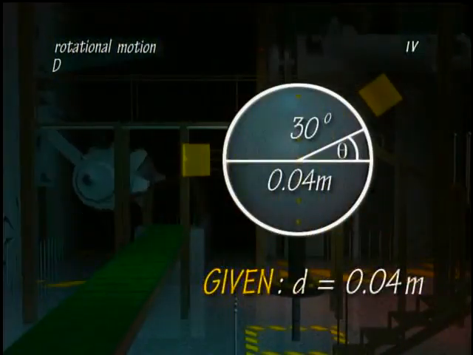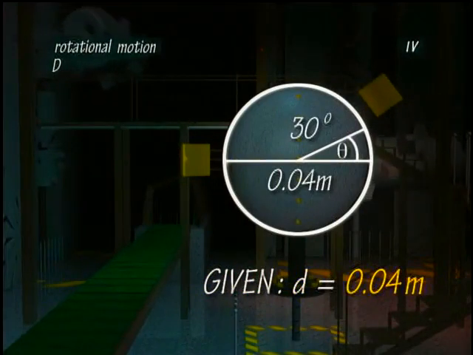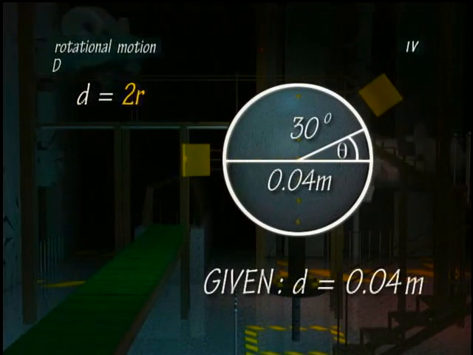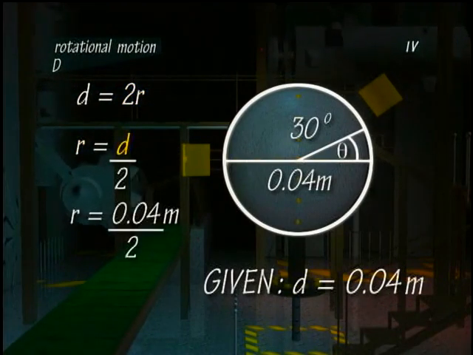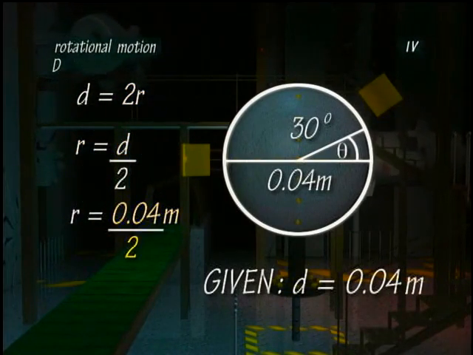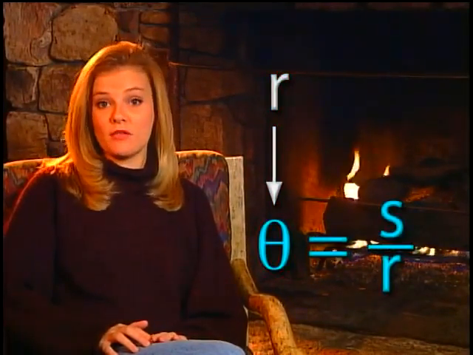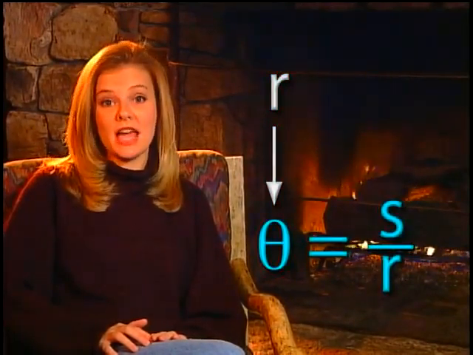We were given the diameter d of the circle as 0.04 meters. Well, the diameter of a circle is twice the radius. So the radius equals the diameter, 0.04 meters, divided by 2, which is 0.02 meters. All right, so we've solved for r and we got theta. All we have to do is plug in and solve for s in the equation theta equals s over r,